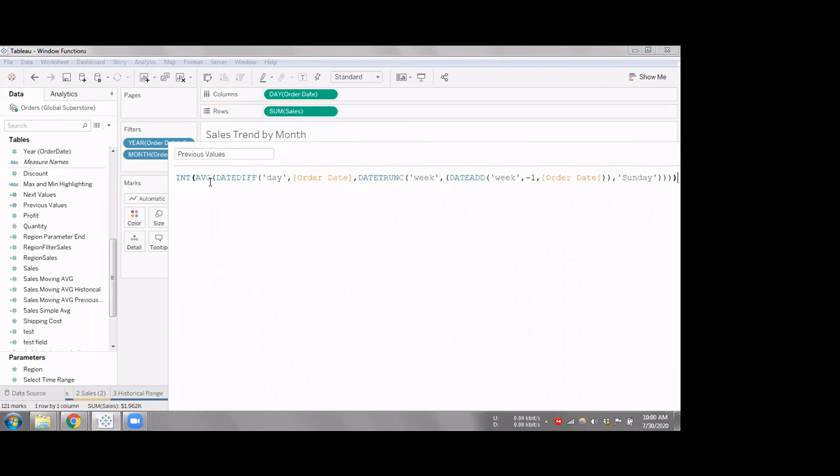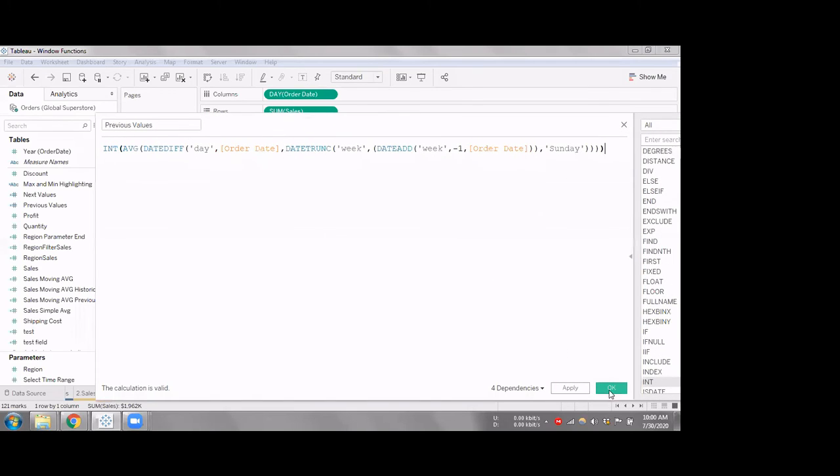I'm just taking the average and int. I'll tell you why we are using average later. Since average can produce decimal values, and the window function doesn't take decimal values, it will only take int for the start and end value, so we are just converting it to int.